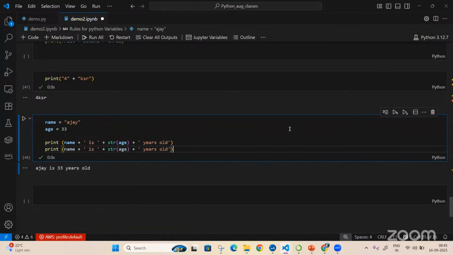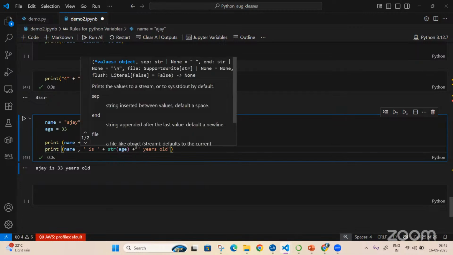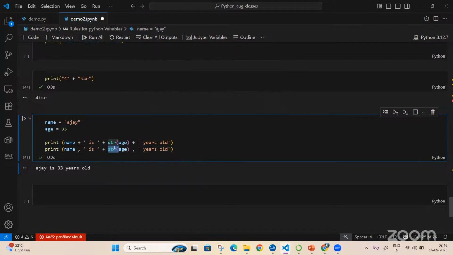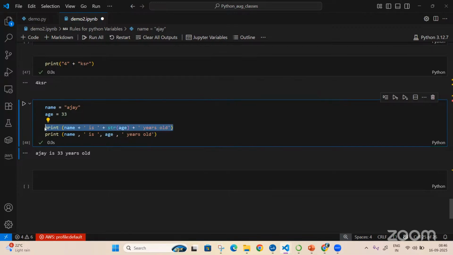Let me take it as it is. Now I'll replace the plus with a comma. Is it correct? Can I execute this? Yes. Now this is an integer, right? Yes, but it's just reading the value, we're not concatenating here. Okay, I'm able to get it.